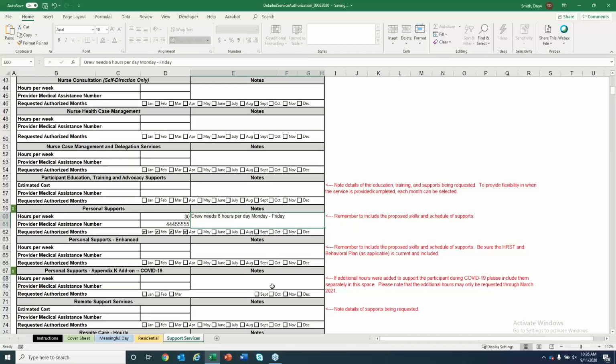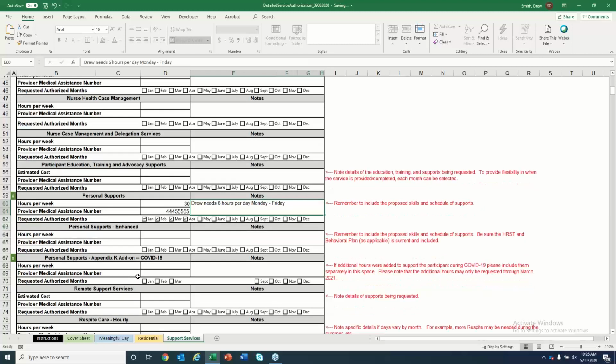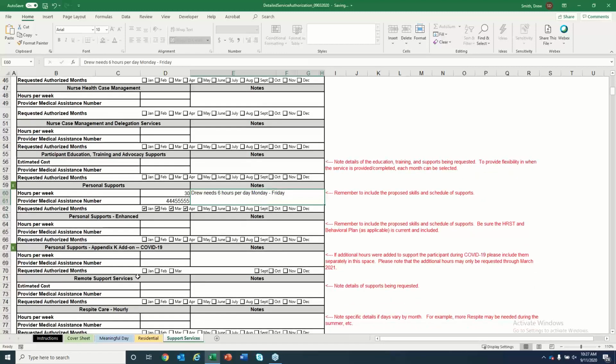Now, what you'll also see is we have added a separate breakout for personal supports for the Appendix K add-ons due to COVID-19. So as I'm sure all of you know, there is not a specific service code in LTSS for the add-on hours for Appendix K. But as we started to think about this, how do we make sure as this process goes forward, we don't lose track of those hours and we account for